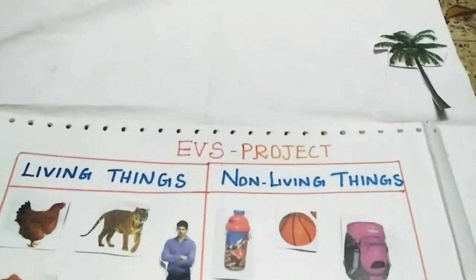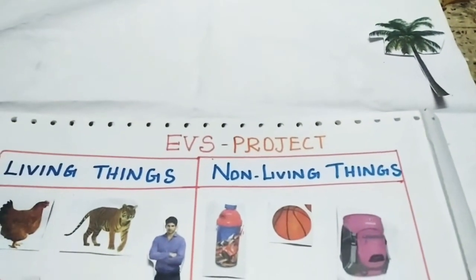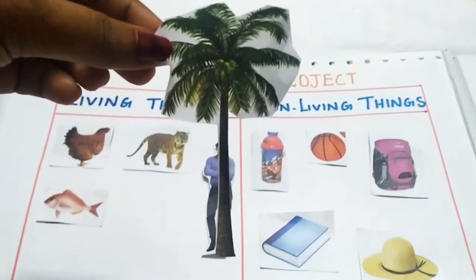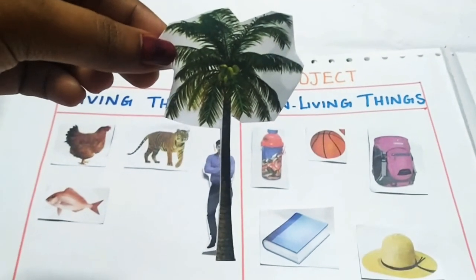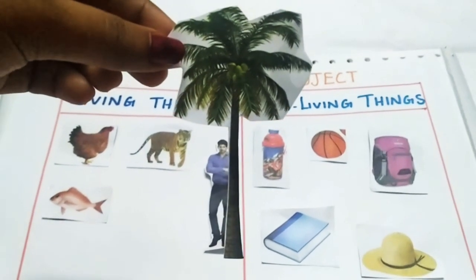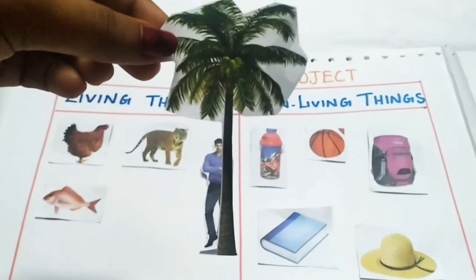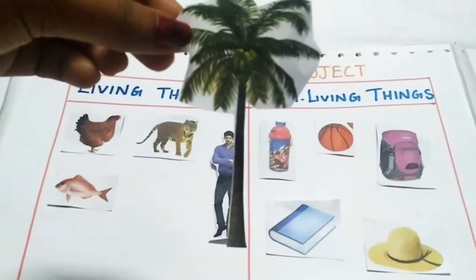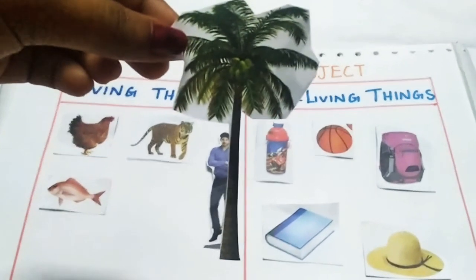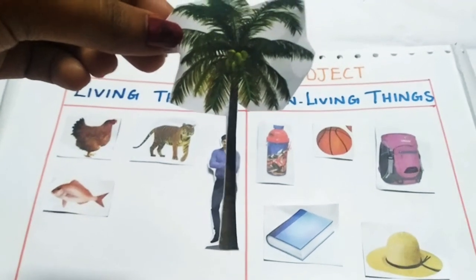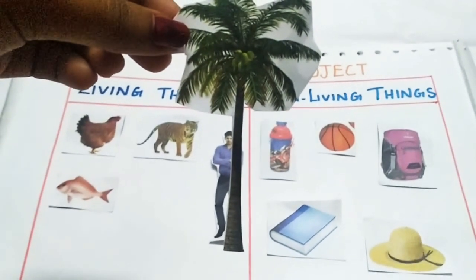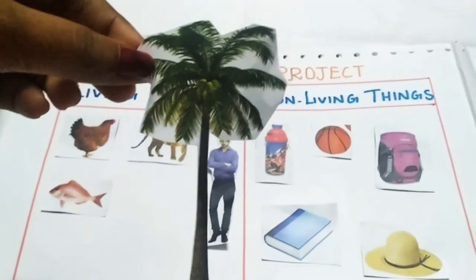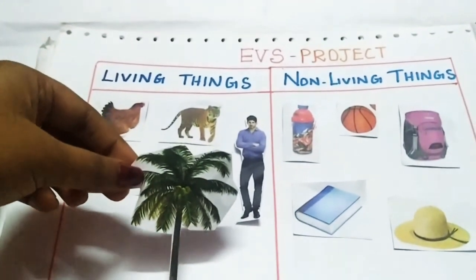Okay. We have one more picture left over. What is that? Tree. So tree is left here. Now tell me, is a tree a living thing or a non-living thing? Yes, it is a living thing because it can grow, right? Trees can grow. They can reproduce. So from trees we get fruits, vegetables, flowers and many things, right? Trees are very useful. They can grow. So this comes under living things. So paste it in the living thing column.